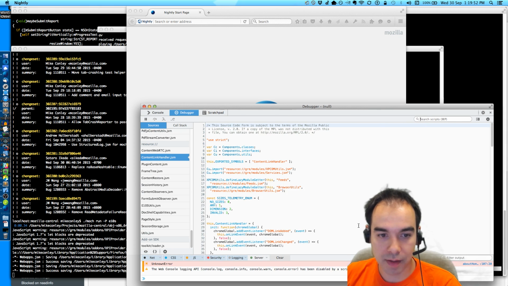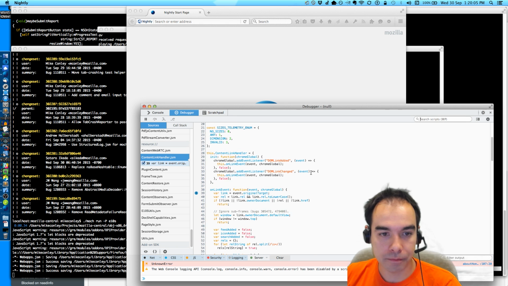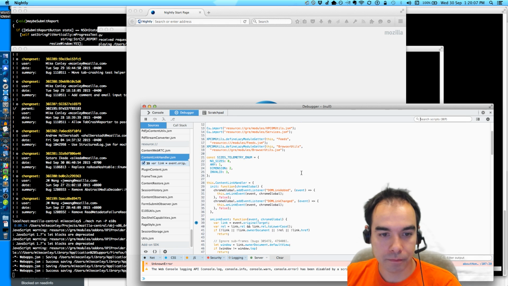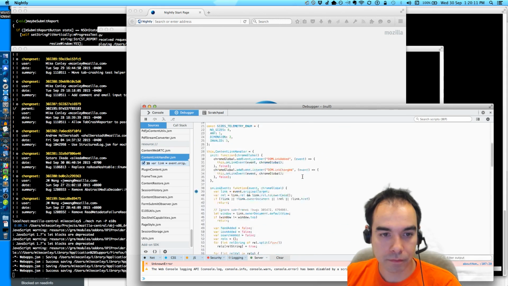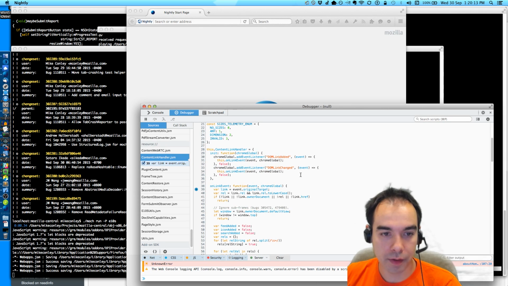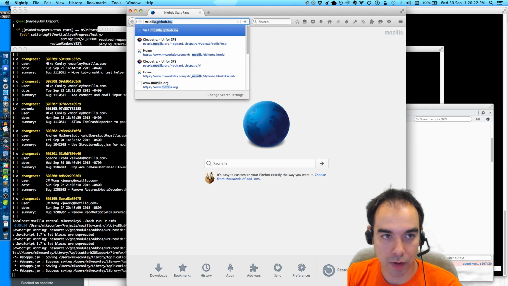Let me just expand this. So on link event. Alright, this is what we will do. And let's see what happens. I'm going to load Mozilla.org.